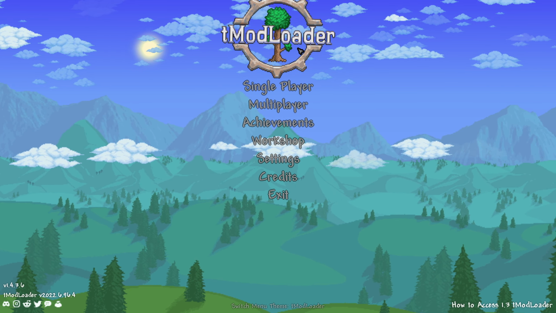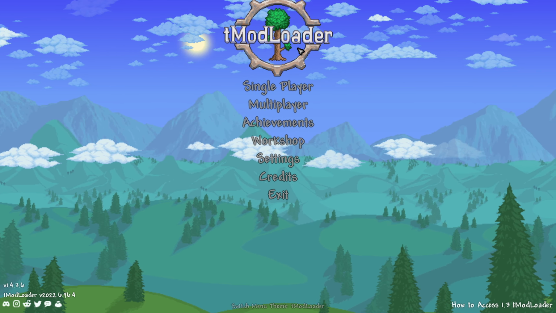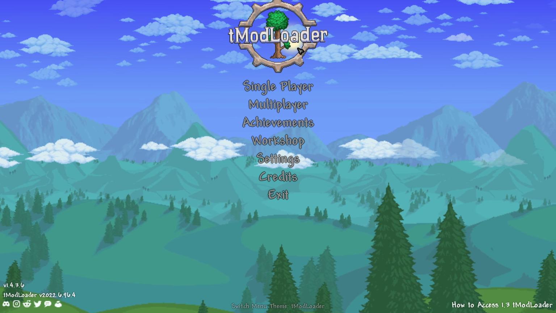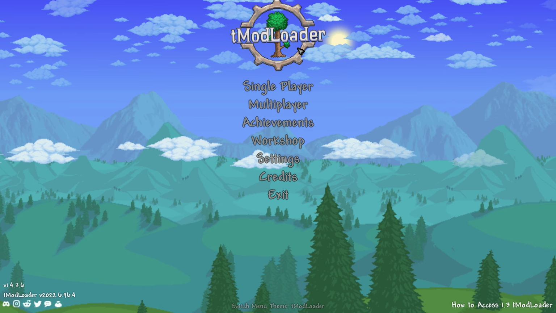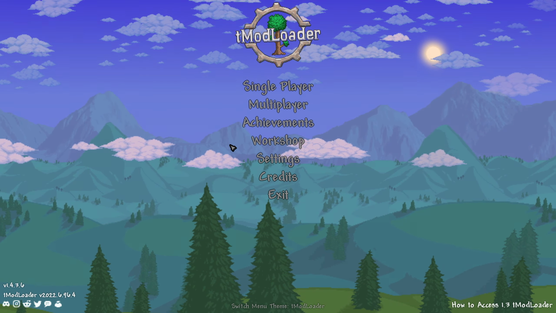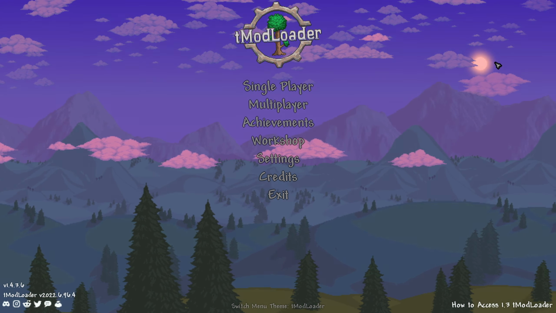Today I'm going to be showing you how to install the recipe browser on the Tmod loader for 1.4. It's so much simpler than it was in 1.3, and I'll just get into it. So it's a lot simpler, so all you have to do is just download Tmod loader as a DLC,